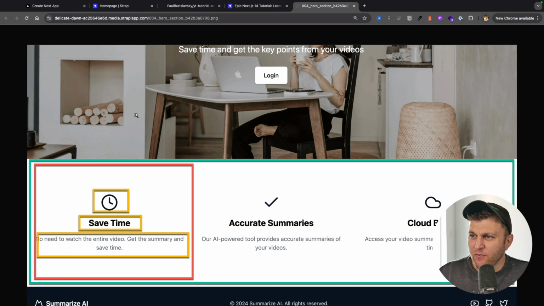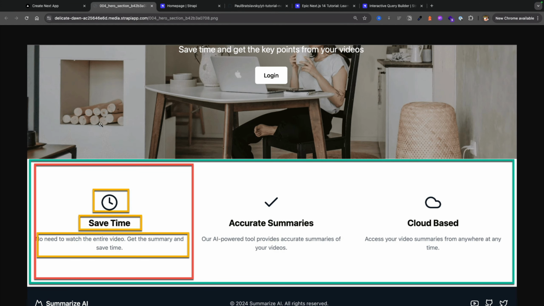Taking a look here, right below our hero section, we're going to have our features item. It's going to be our feature section and it's going to have 3 features. And a feature is going to have an icon, a title, and text. So let's go ahead and see how we could represent this data in our Strapi application. So taking a look at UI, let's create a features section component that's going to hold and represent our features